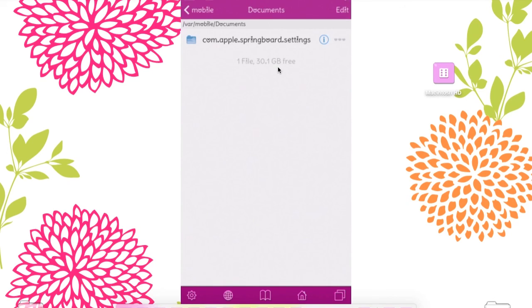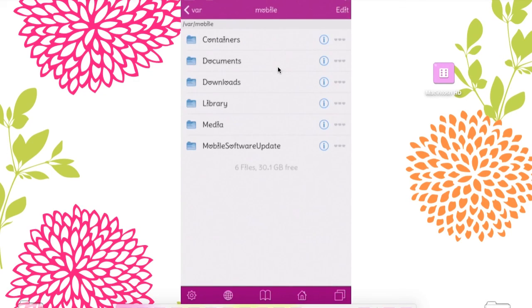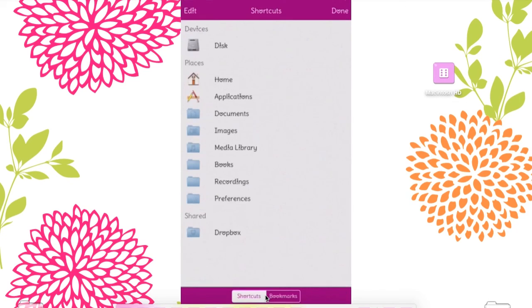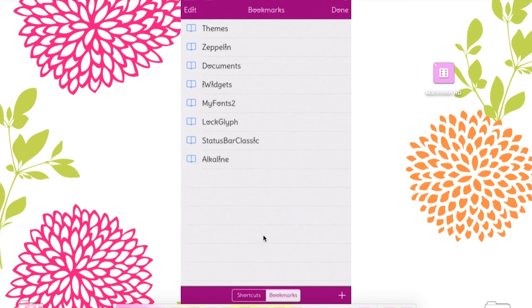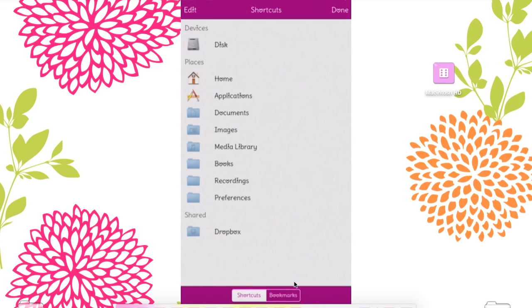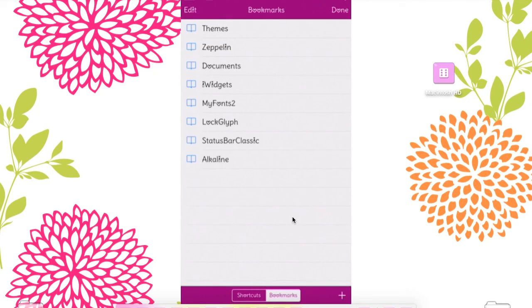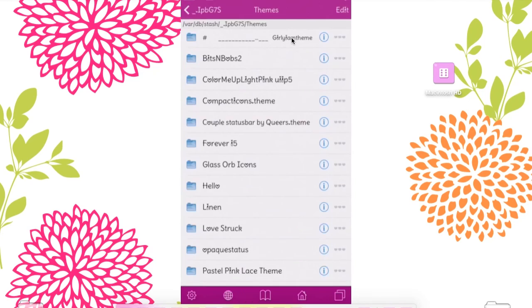iFile, that I keep banging on about, basically allows you to dig deeper into your iPhone and work with the phone to enable tweaks. I just use this little button down here to bookmark. This is like the default shortcut, but I set bookmarks to the pages I go to the most. For example, my themes folder. If you download a theme from Cydia, it will go straight to this themes folder. You don't need to come into iFile, you just go straight to Winterboard